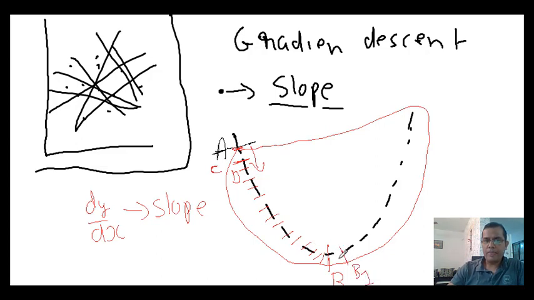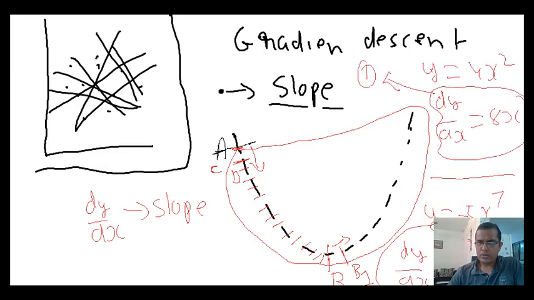But now the question comes, why only the square? When I take the square, so let's say a function is something like this, 4x square, and if I take dy by dx, then I will get 8x. So now the question comes, why only square and why not power 4? Let's say your function is y equals 3x square, then to take the slope you will say dy by dx, and this would be 6x.